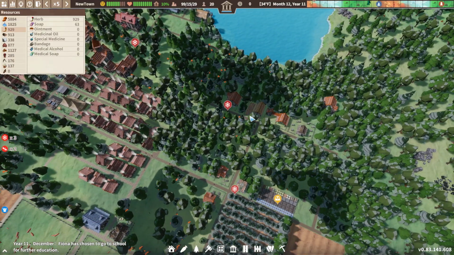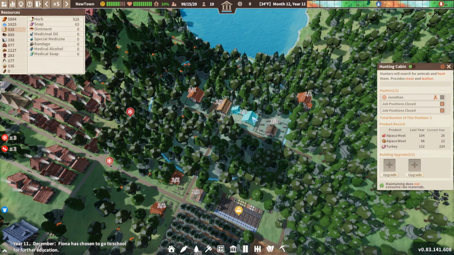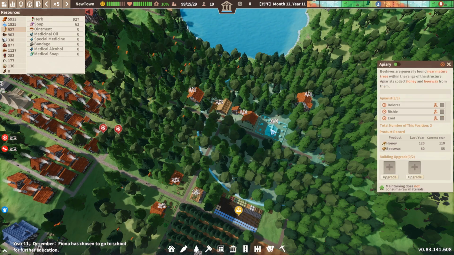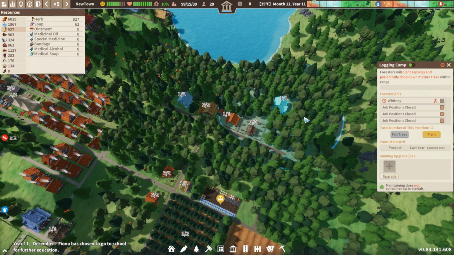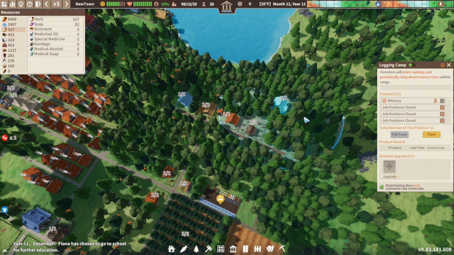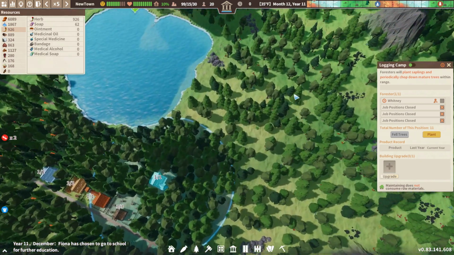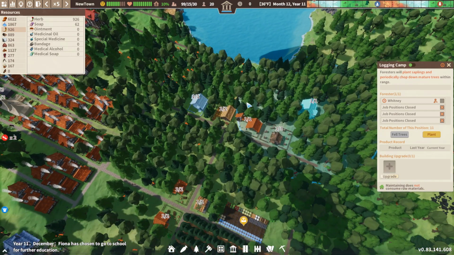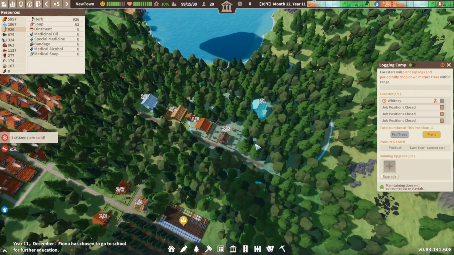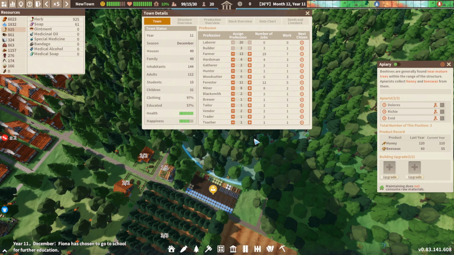Now over here, I have a little section. We have a logging camp, a gathering station, a hunting cabin, an apiary, and another logging camp. That's right, I put that in. I put this in because the trees were sparse. They were kind of like this. And I wanted this to be as thick as possible because the apiary will work better. And if we click on,